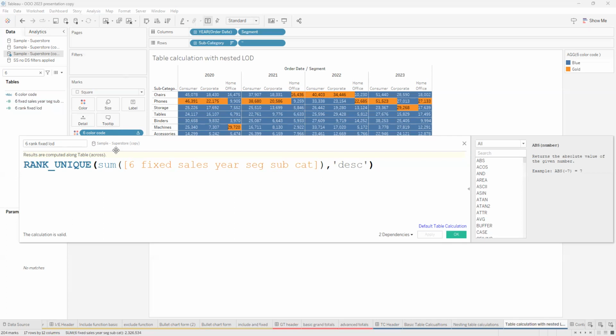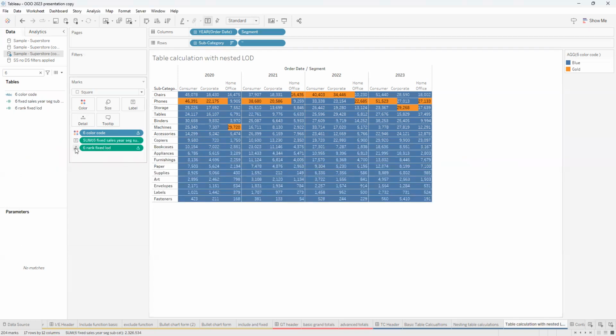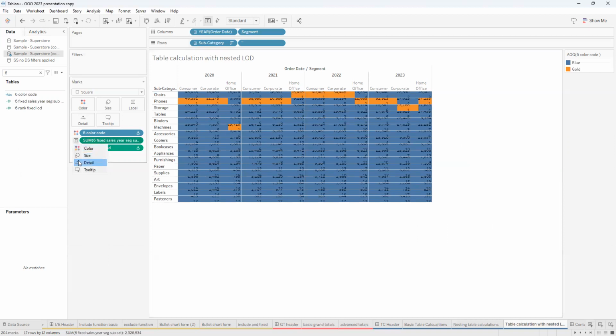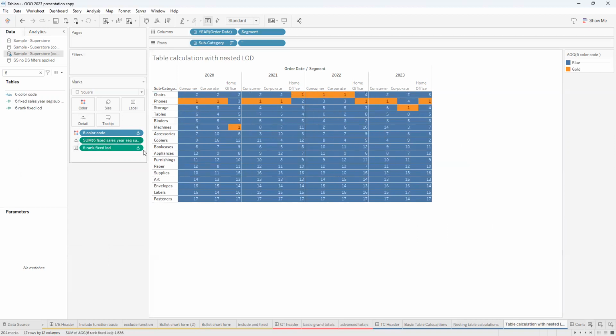I'm going to take that LOD expression, put it in here, but I have to aggregate it because LOD expressions aren't aggregates in themselves. I have to aggregate it. Then I take that in descending order. Now I'm just going to do a little magic here to unhide some values. And that gets the values that you see here. Now I want to show you